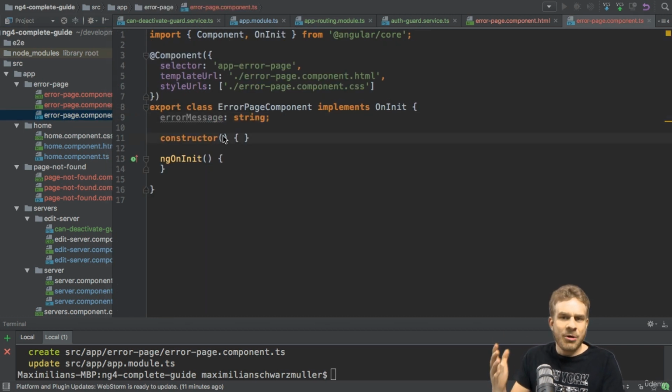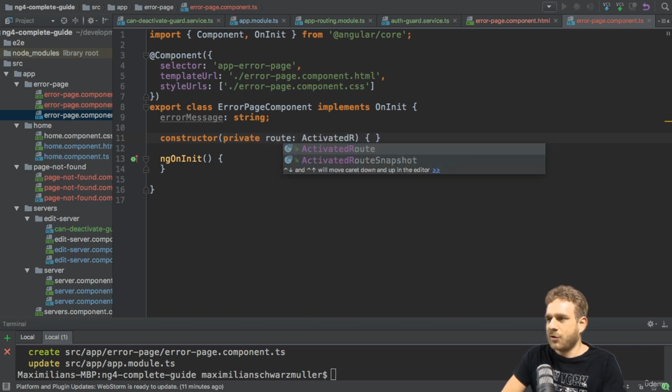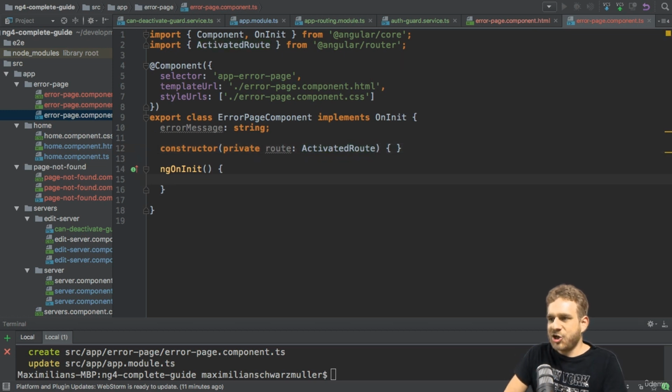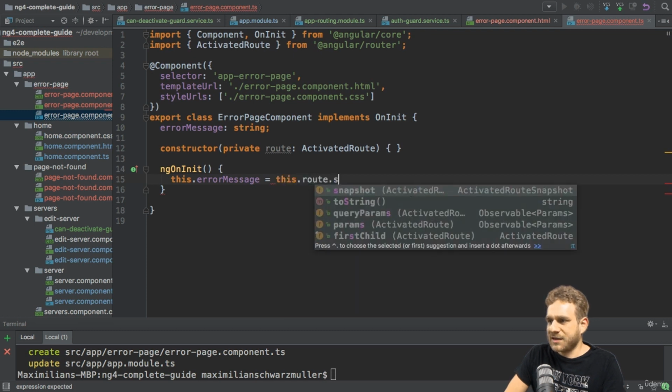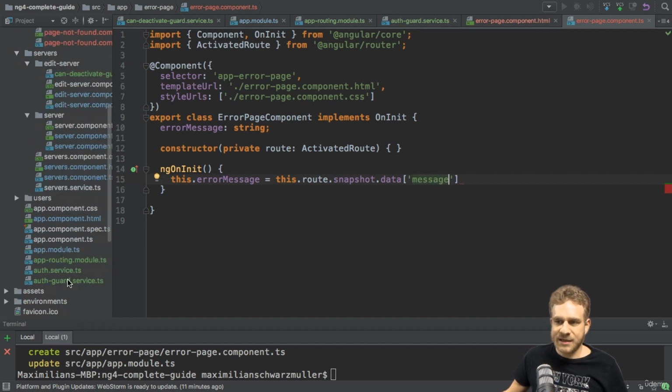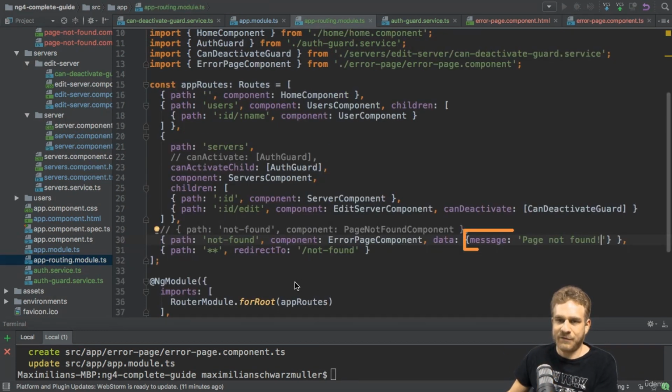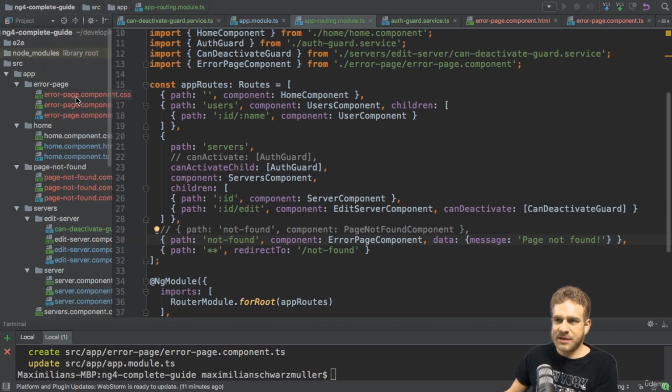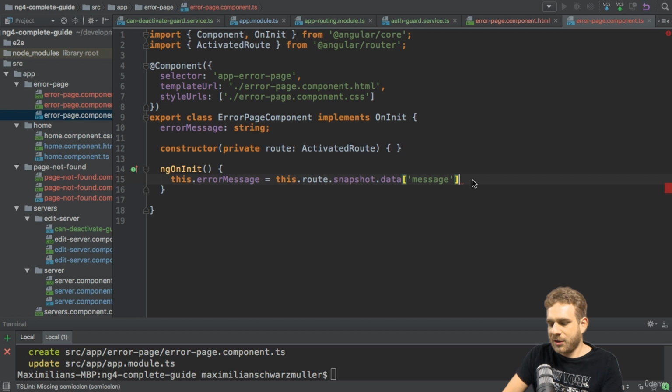So with this, we now want to retrieve that whenever we load our error page component. And for this, like params, like query params, we need the activated route. So let's inject our ActivatedRoute here, make sure to import it. And in ngOnInit, I can then either assign it by using the snapshot of this route, and then simply the data object where I can now access message. And of course I have to make sure that this property exists, and we do make sure because we know we can only reach this component through this route where we will have this message property set. So this is the way of using it with its snapshot, or just like with params or query params, if this could possibly change while you still are on this page,